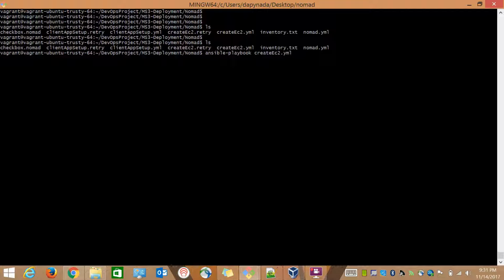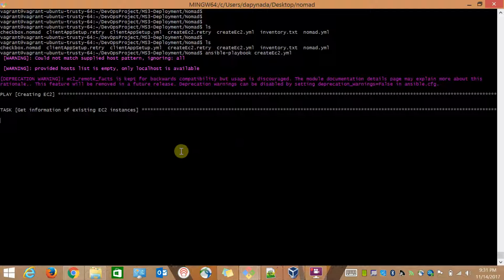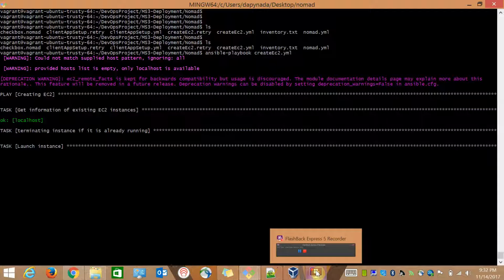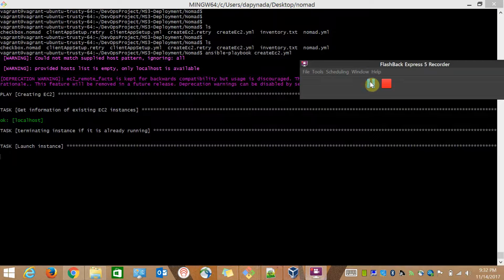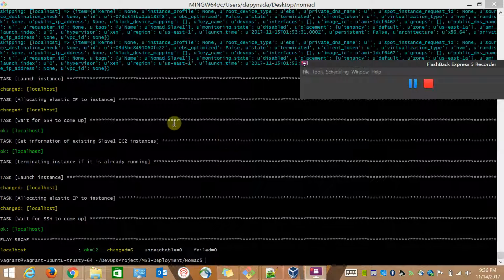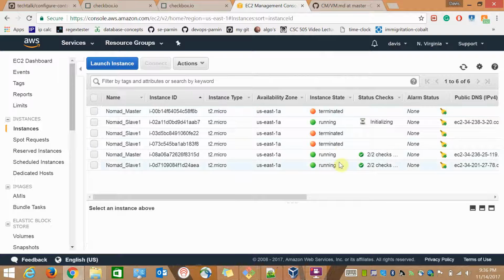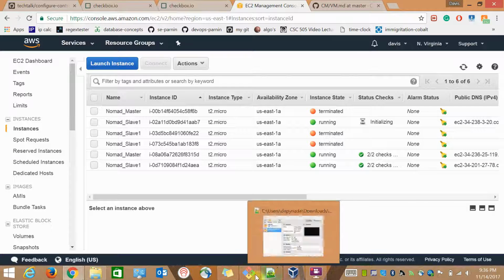All right, so this gets executed, and we'll try to launch the first master instance, then the 2 slave instances. Once this is done, I'll get back in the video. Okay, so the playbook is completed, and as you can see, 3 EC2 instances have been created, and now the next step is essentially to execute